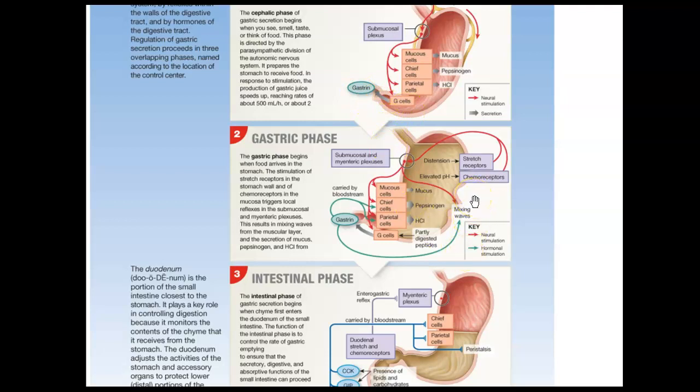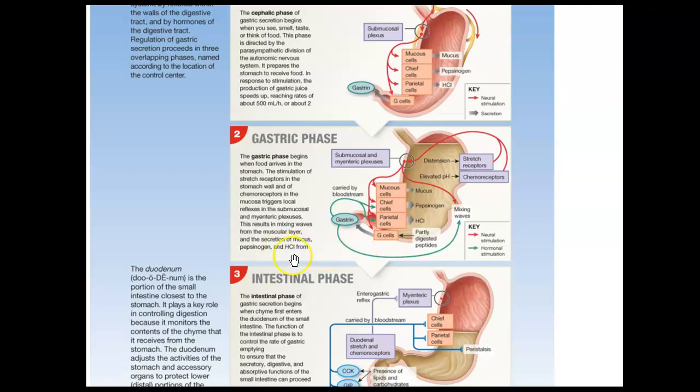Let's move on to the gastric phase. There are notes on all of these phases, but I thought it would be nice to look at the illustrations of the phases while we talk about them. So the gastric phase begins when food arrives in the stomach. And it results in the churning of the stomach, so the mixing of food in the stomach, and secretions of mucus from the mucus cells, pepsinogen from the chief cells, and hydrochloric acid from the